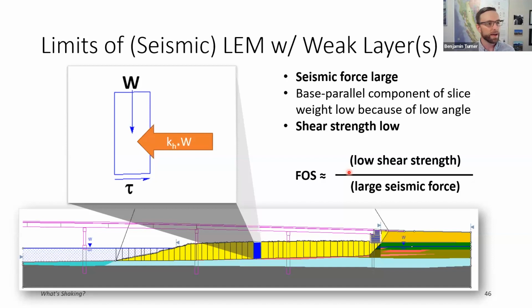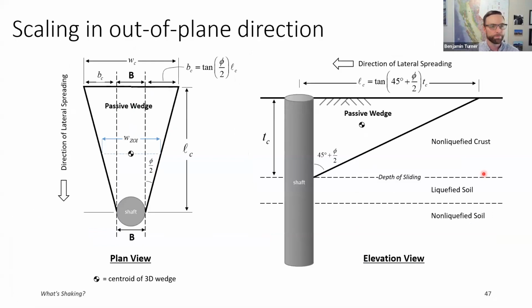How do we account for that? We can put parametric bounds on these and vary things when we do our analysis, which helps. But I think we also just need to do a reality check that what we're coming up with here is an approximate answer. We also have to scale things in the out of plane direction in order to make a